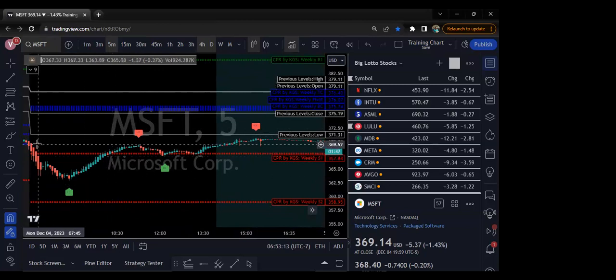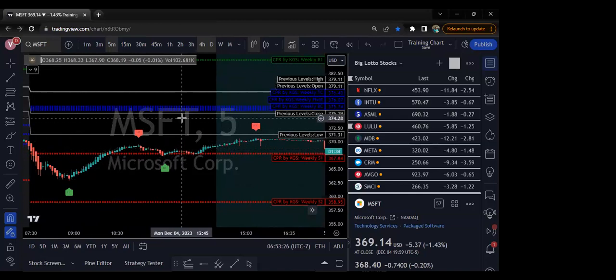Here you're trading two moves, either the pullback or you're trading it back up to retest the open high, or to go back, if it's bearish, to go back to the previous day low, the close, or the previous day high. So if we go look at Microsoft,